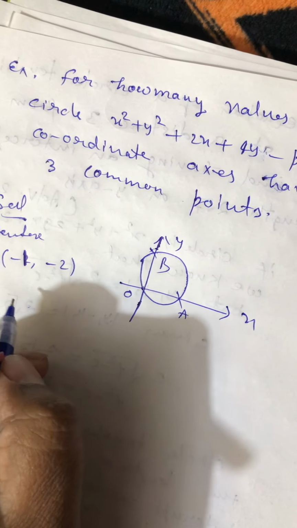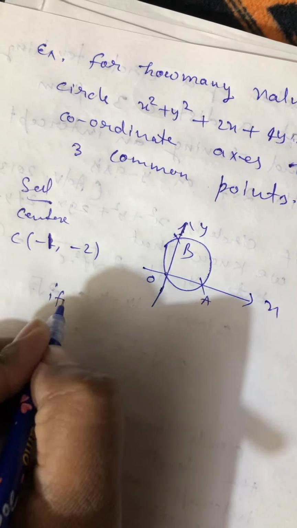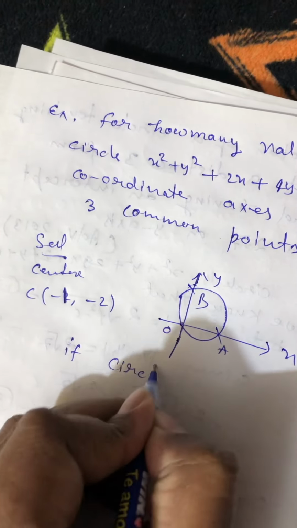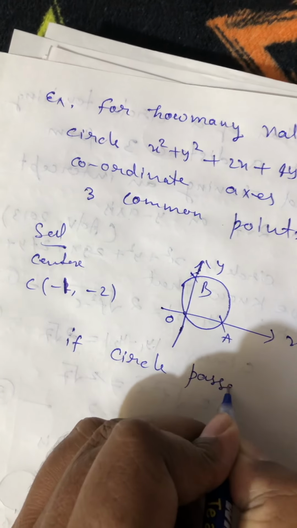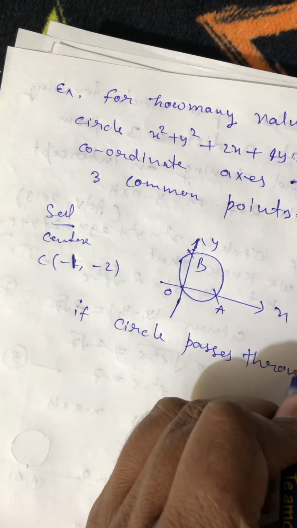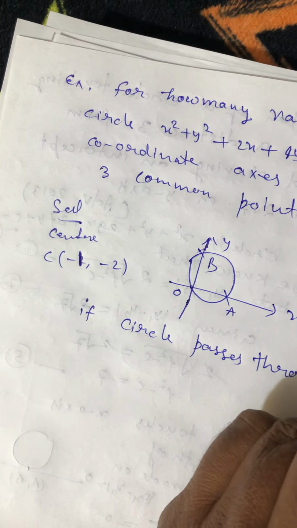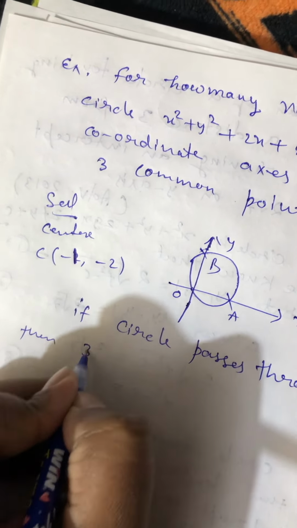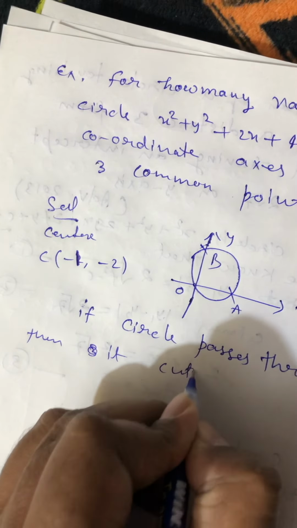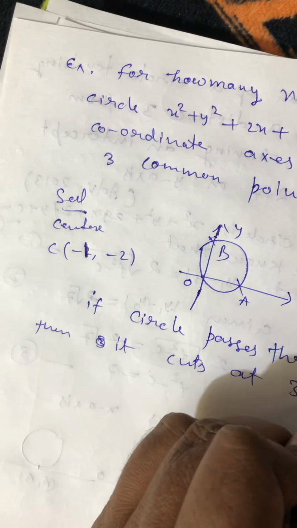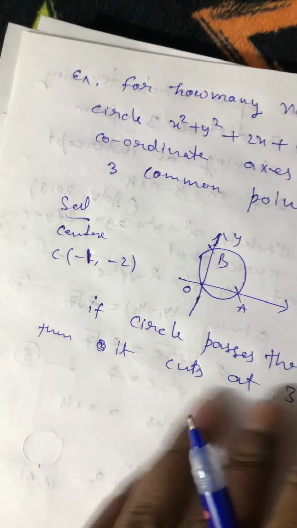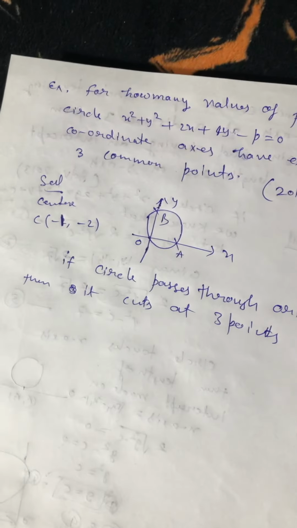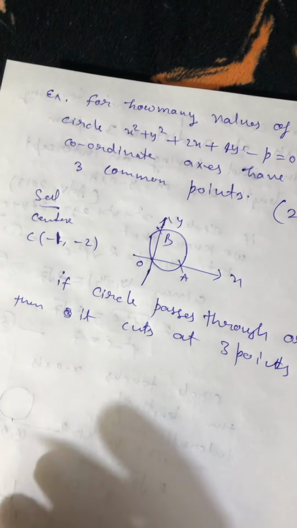और कोई भी इक्वेशन है जो अगर ऑरिजिन से पास होती है तो उस इक्वेशन में कांस्टेंट वैल्यू 0 हो जाती है। इफ सर्कल पास थ्रू ऑरिजिन, तो ये 3 पॉइंट्स पे कट रहे हैं, देन इट कट्स एट 3 पॉइंट्स, और यही इसके सॉल्यूशन हैं, यही इसके कॉमन पॉइंट होते हैं। कभी सॉल्यूशन बोल देते हैं, कभी कॉमन पॉइंट बोलते हैं।